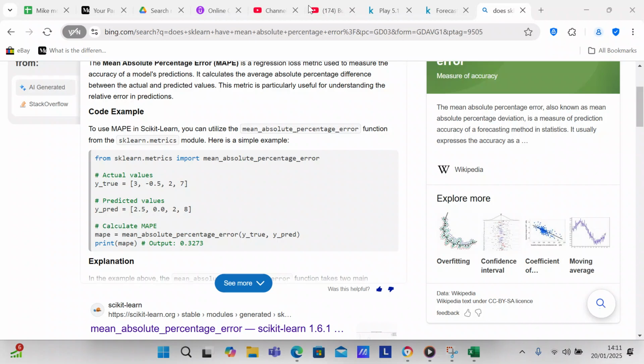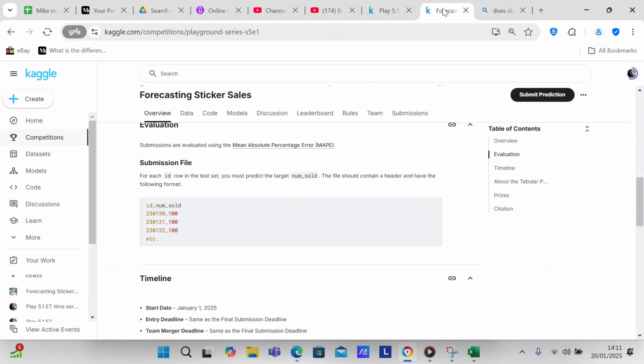I didn't really look at the front page to see how they were measuring it. I just used mean error. And here we go. On the front page, it's telling you that the submissions are evaluated using mean absolute percentage error. And sklearn, which is the library that I use to give me my machine learning functionality, does actually have that metric.